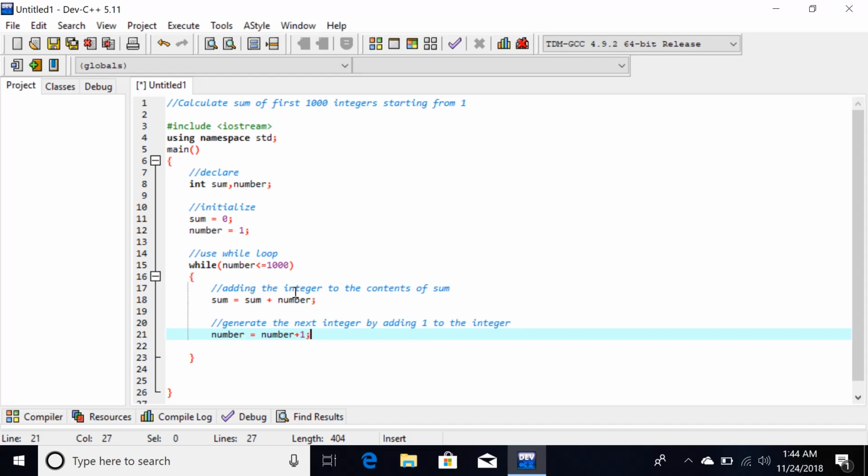which is 6. So this process will continue to the point where number is equal to 1001. When the number is 1001, it will get out of this while loop. So when the whole process got out of while loop, we want to output. What do we want to output? We want to output the sum of the first